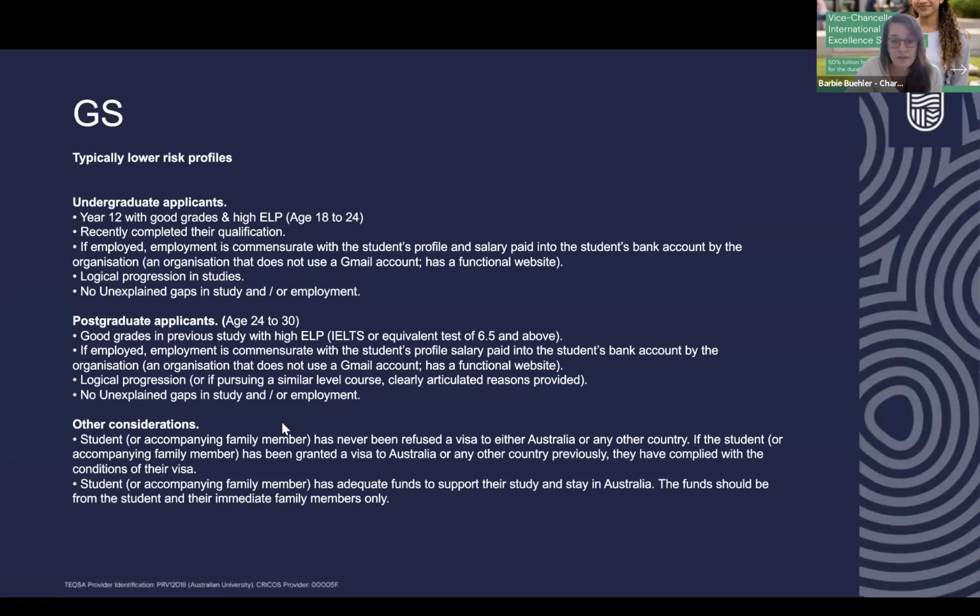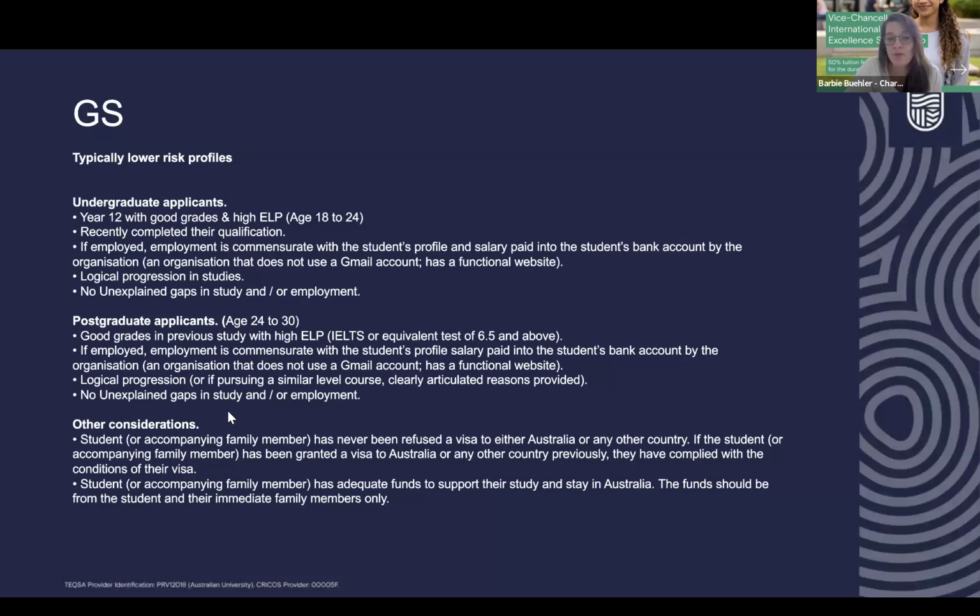If they're already in their 30s, that means they either have a very big gap from high school, or they've been working in the industry or have done other things. I'm not saying that we wouldn't consider a 30-year-old student, but we would need to know what they have been doing, and they would have to have a very good explanation.